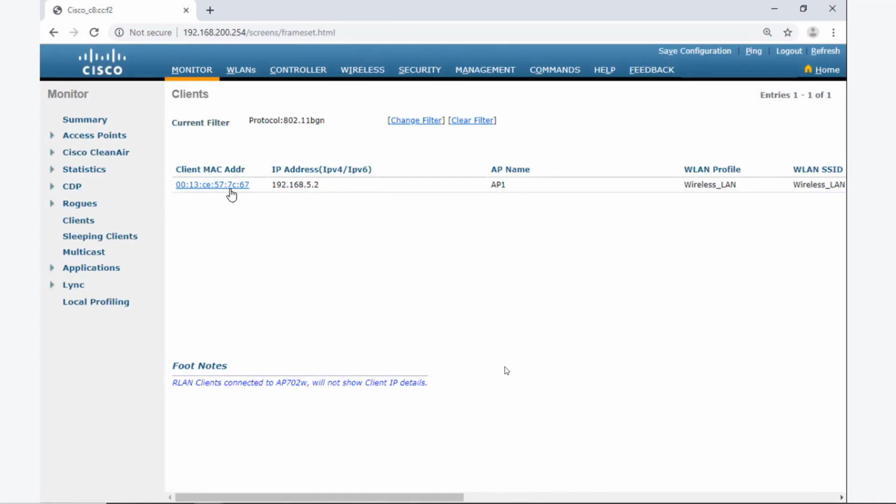I can see the client's MAC address. The client has an IP address of 5.2, which is on the user network. The management network was 200. The user network is network 5.0. The client joined on the user network, and they joined on access point 1 using my WLAN profile of wireless_LAN, on the wireless network name of wireless_LAN that the user saw. We have successful connectivity by deploying network settings and wireless settings on a controller and having the controller